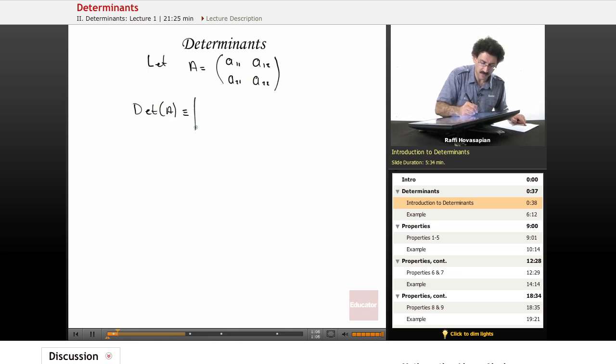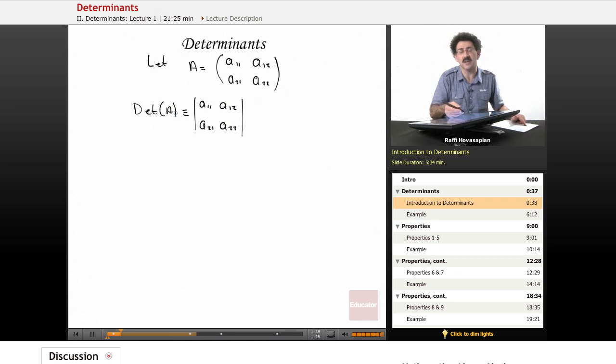Another symbol for the determinant is a straight line up and down. We will be using that symbol. We'll be using both interchangeably. So it depends on what it is that you're talking about. You use the lines when we want to specify the entries. We use this more functional notation, determinant of this matrix A, when we want to simply speak about it in the abstract. So we define it as